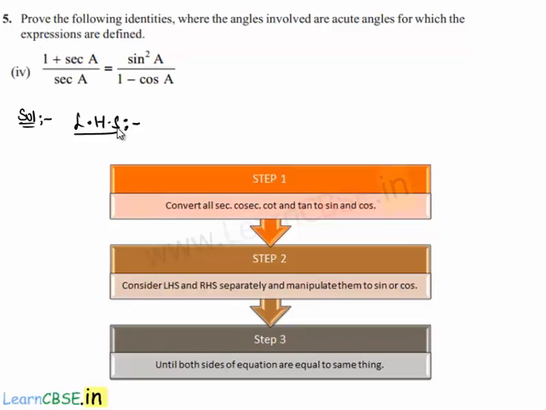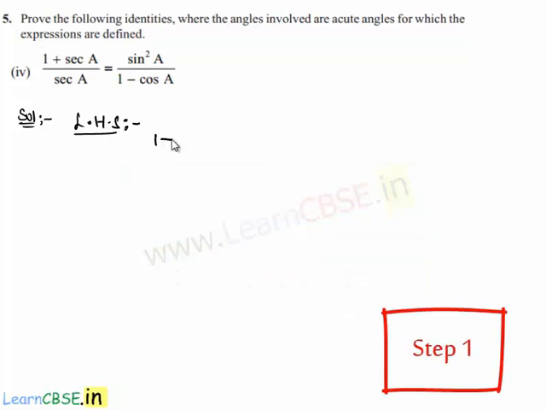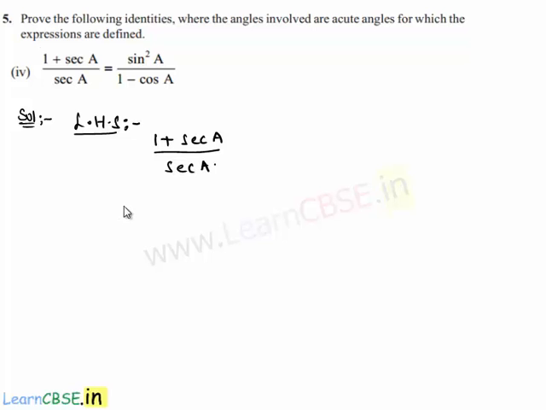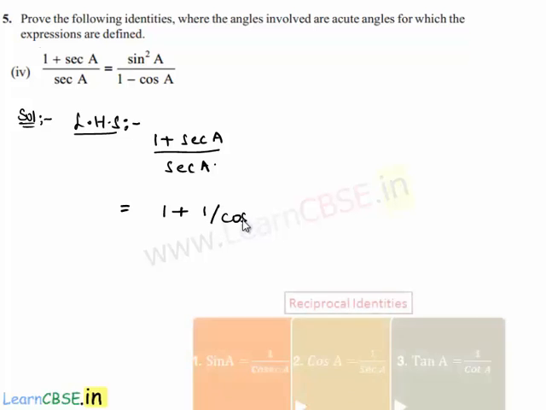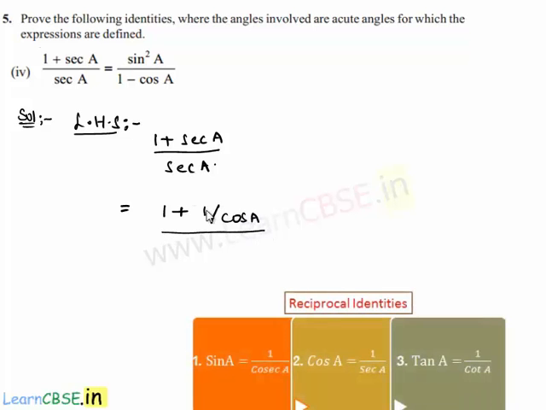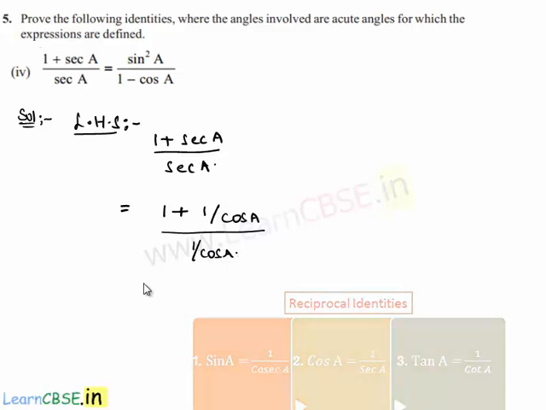And simplify it, then the right hand side and simplify it. If they are equal, then the equality is right. So in the left hand side, the given expression is (1 + secant a) divided by secant a. That will be equal to 1 plus secant a, which can be written as 1 by cos a, whole divided by secant a, which here also can be written as 1 by cos a,